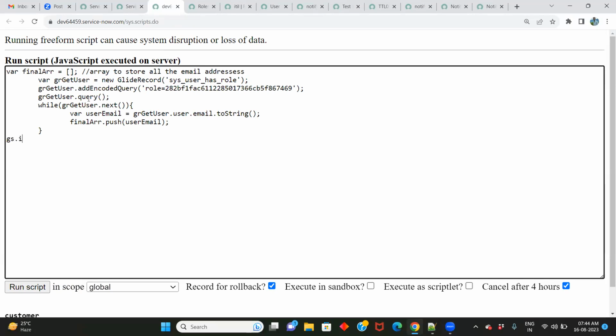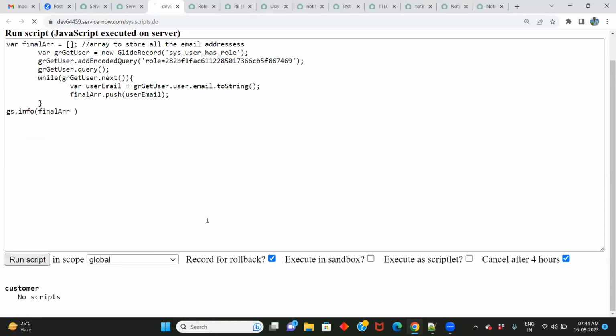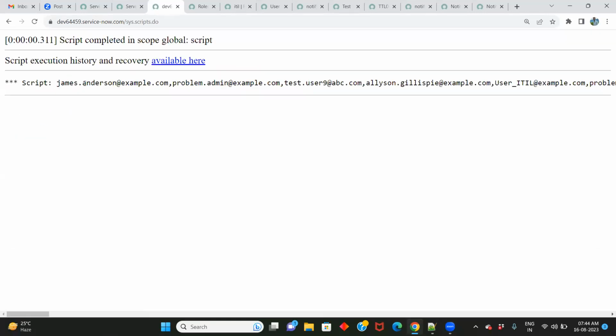So gs.info, I'm printing the array. This is the array, right? You can print it directly. Run script. You can see here, this is one email address of an ITL role user. This is the second, separated with a comma. Getting it? Separated with a comma. Likewise, all the